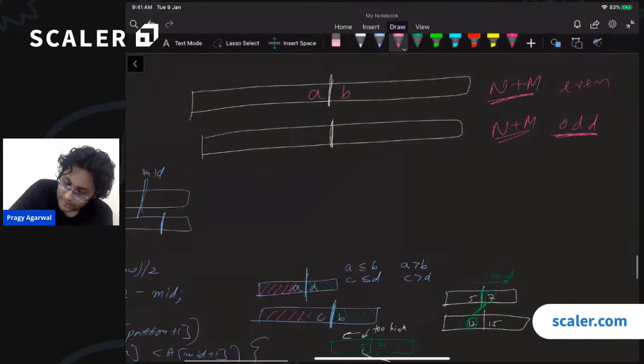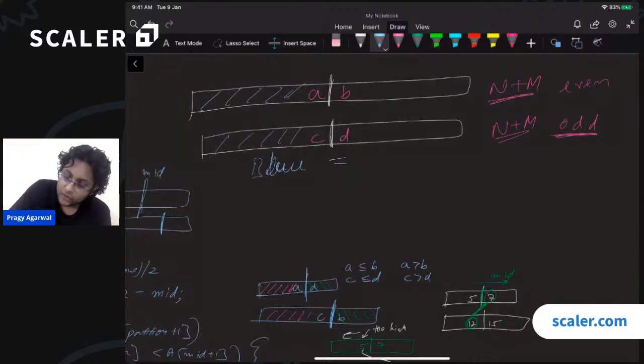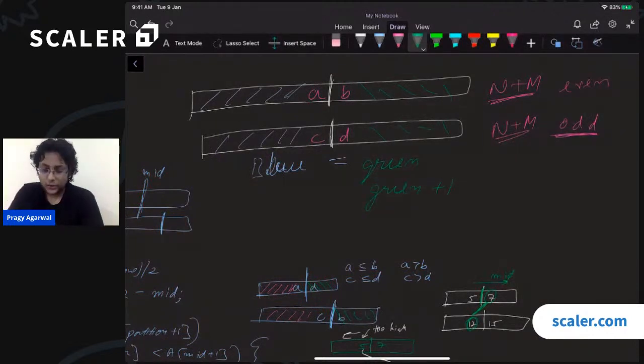This is A, B, C, D. We know the number of elements over here. So the number of blue elements is either equal to the number of green elements, or it is equal to green elements plus 1. So if I found the correct midpoint over here,